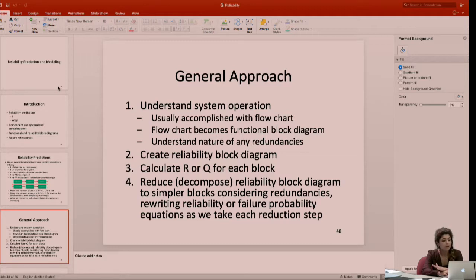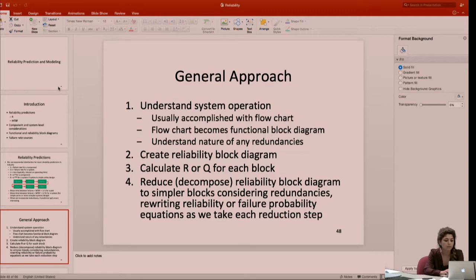So the starting point for calculation of reliability is the functional flow block diagram. Using that, you create your reliability diagram, which we're going to see in the next few slides. Then you calculate your reliability, and Q stands for the chances of failure. Basically, it's the complement of R. R plus Q is 1, so Q is 1 minus R, the probability of failure. Then, because most of the time your system is very complicated, we start reducing the functional flow block diagram or our reliability diagram to smaller systems so that we can calculate